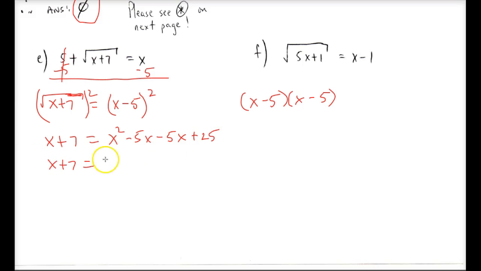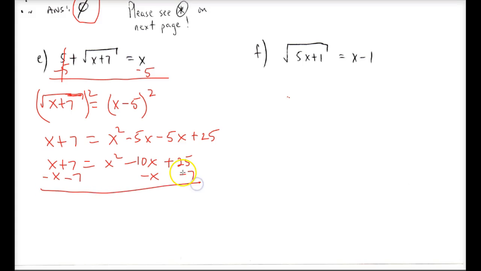And of course, negative 5x and negative 5x combine to be a negative 10x. So from here, we would just solve this by subtracting x from both sides and subtracting 7 from both sides, because we realize now this is a quadratic equation. All of this cancels to 0, and we have x squared is equal to minus 11x